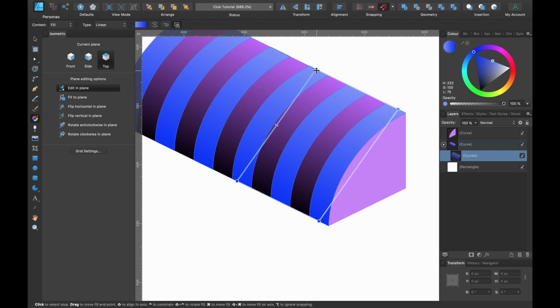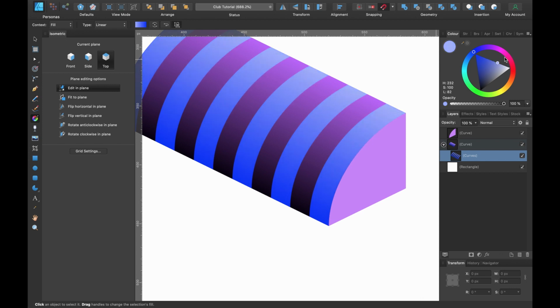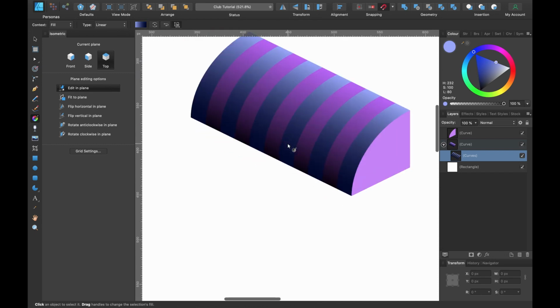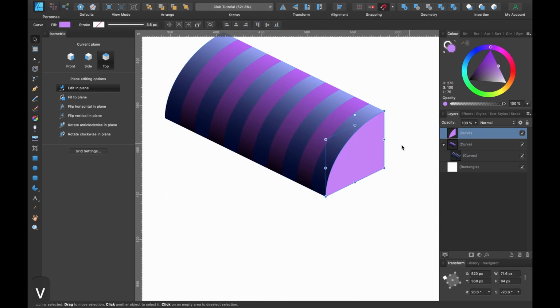Okay, so from here again, this is going to be blue, but it's going to be the lightest part. So I'll make it go somewhere like that. And again, I'm going to make this pretty dark down here. Okay, so the next thing, press V, the move tool, and we're just going to click on this and we'll